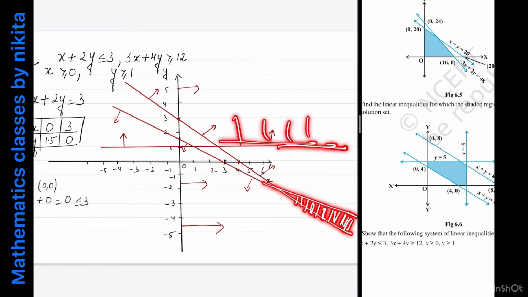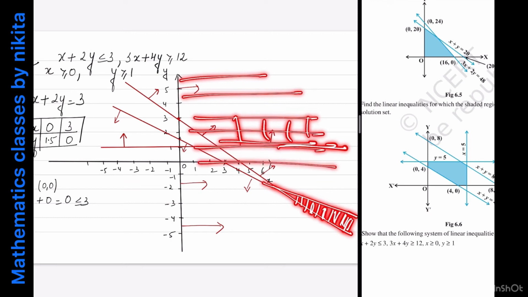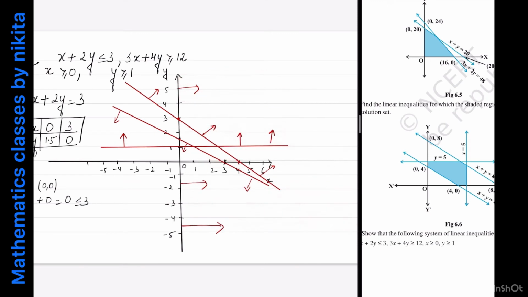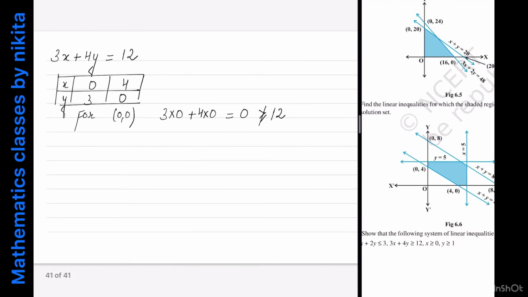Are you getting it? Or you have to take x also greater or equal to 0. But since you have this y greater or equal to 1, when these intersect, the common portion will come, but since you have y to be greater or equal to 1, so there is an empty intersection. So therefore it has no solution. So you have to draw the graph, and inside the graph you have to show all the regions of every inequality, and in the end you can see that there is no common region. So therefore this system of inequations has no solution.